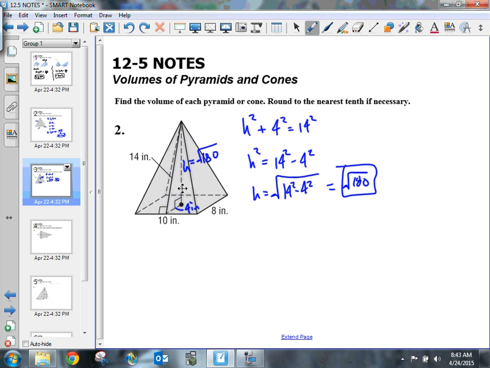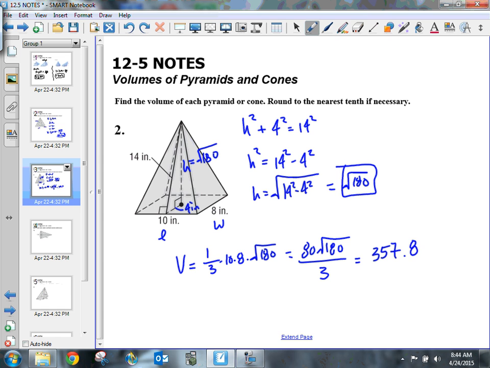Okay, so now we have our height, we have our length, and we have our width. So I can plug that into my formula for the volume, and I can just say that 1/3 times 10 times 8 times the square root of 180. In your calculator, you may want to do 10 times 8, that's just going to be 80, times the square root of 180, and then divide that by 3. And when I plug all that into the calculator, I'm going to end up getting